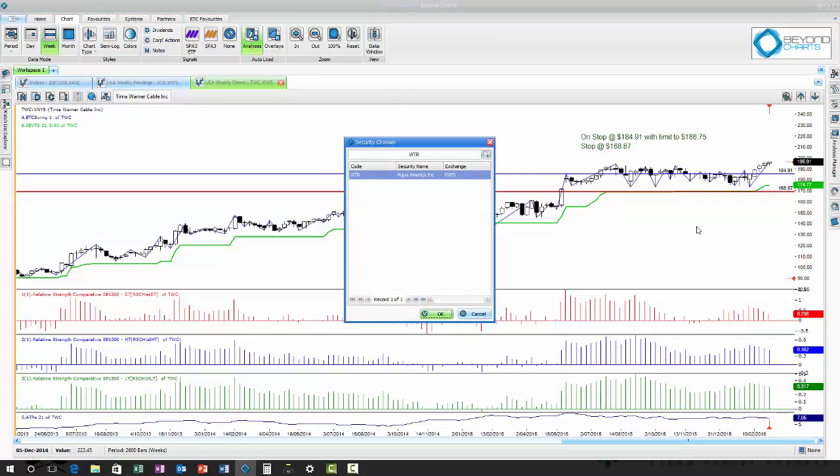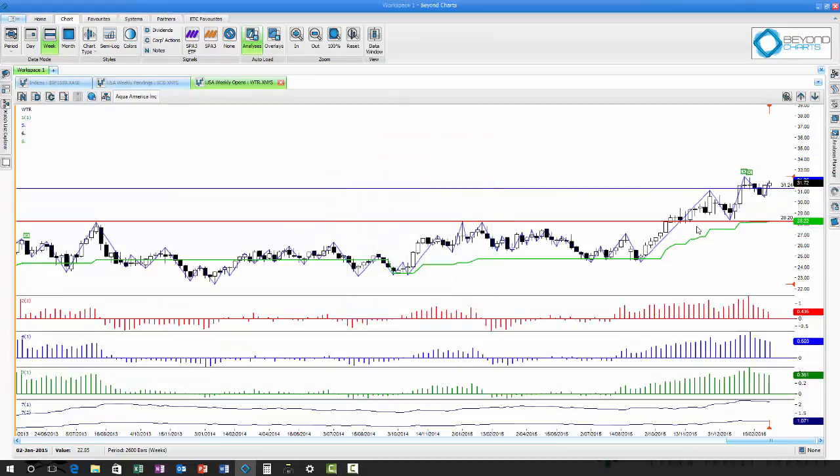WTR, excuse me, triggering in a few weeks ago, having a little bit of a retracement there. This old point of supply is now starting to act as a zone of demand, so that's a positive sign for WTR. And just last week, that candle just closing, that's the highest close that it's had for several weeks,